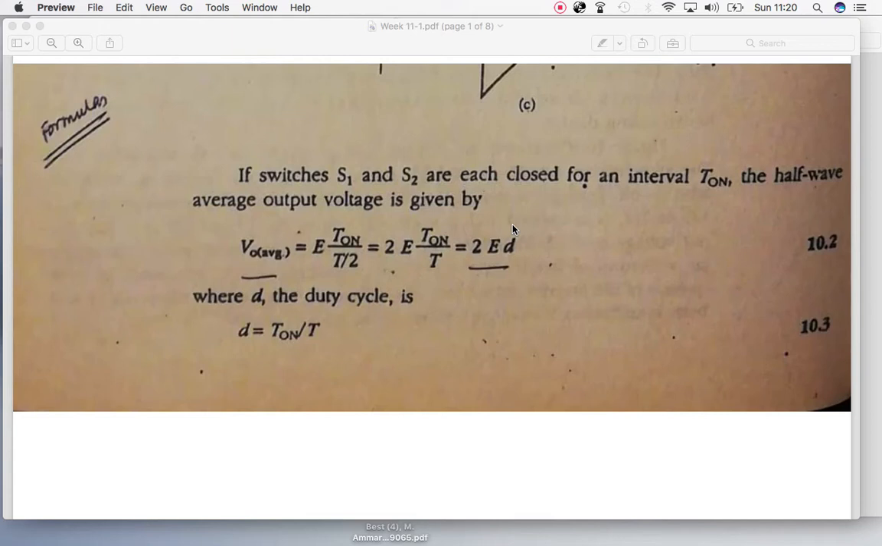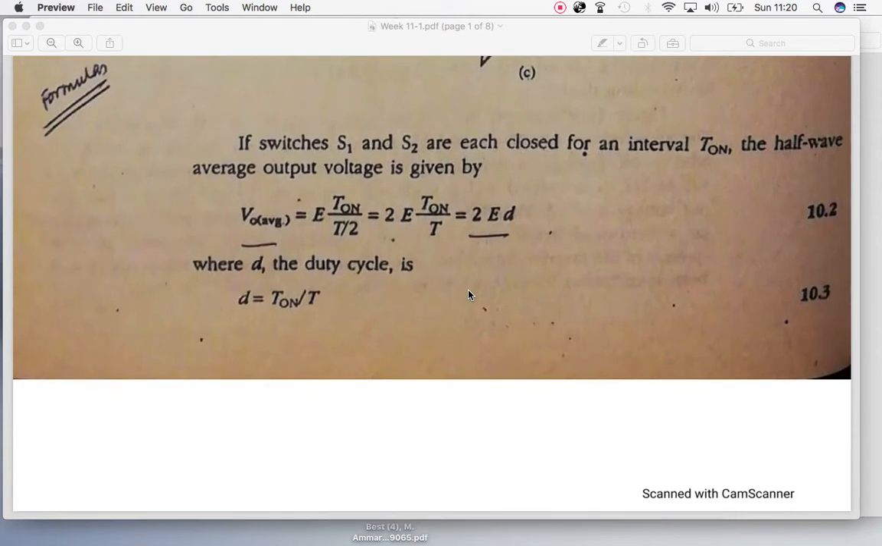AC transformation which is happening with the help of these switches, which can be 2 switches, 4 switches and 6 switches, and by turning them on and off we are able to transform the input DC voltage into output AC voltage at the load side. So firstly, before going to the numericals, we can see the formulas, and in order to calculate the